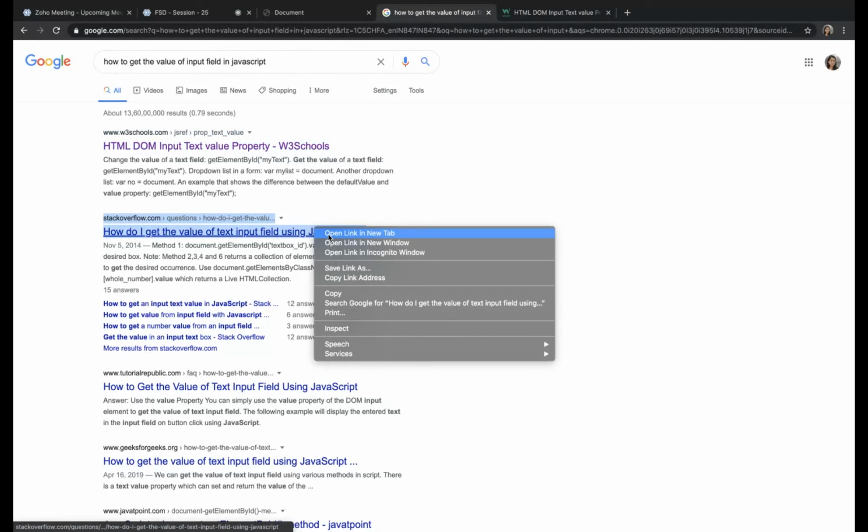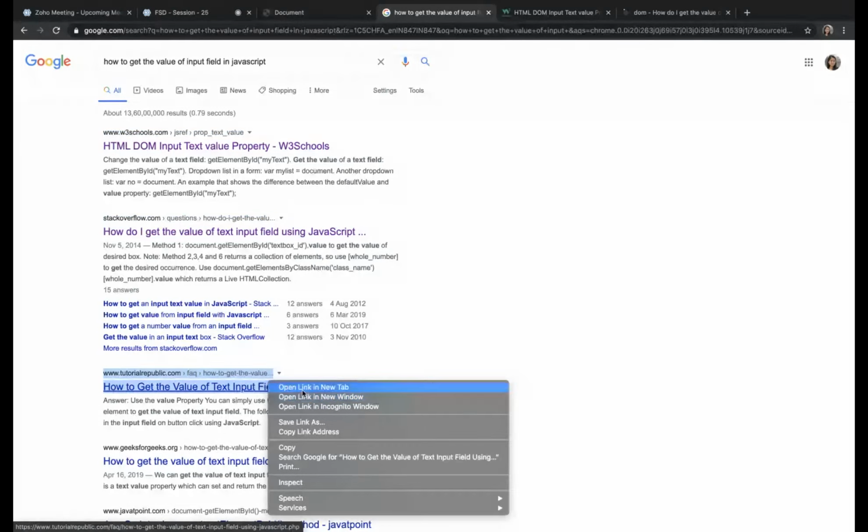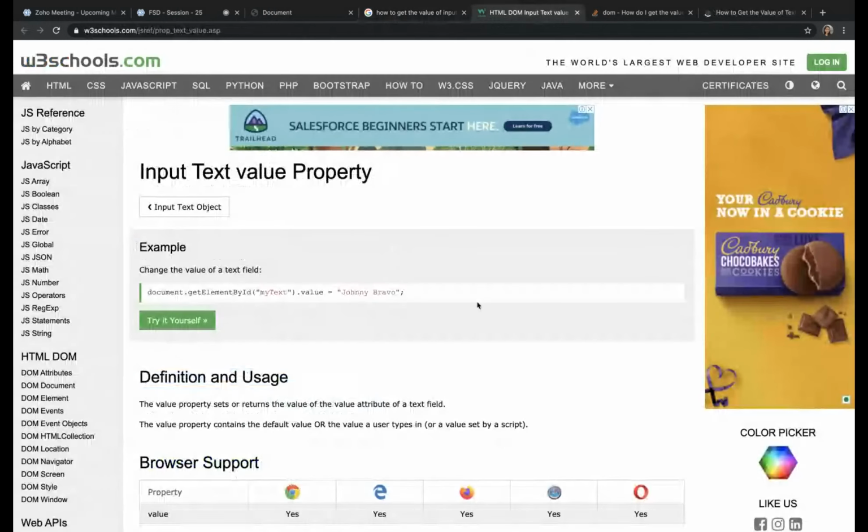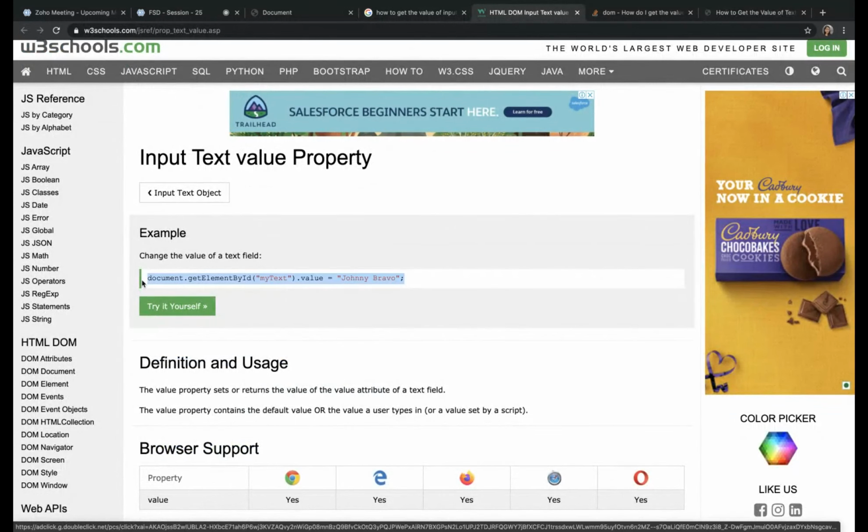I'll open 2 to 3 links. What ideas are they giving? They are saying you can get it by document.getElementById.value, because previously we have seen document.getElementById.innerText will add the string values inside the div.